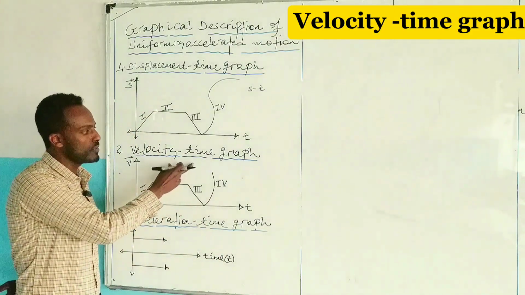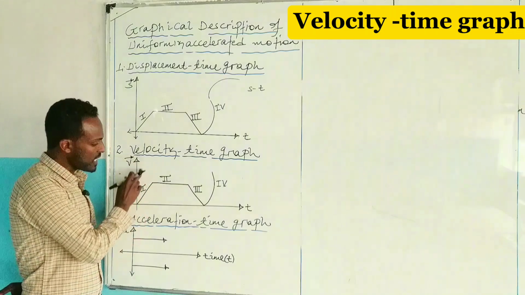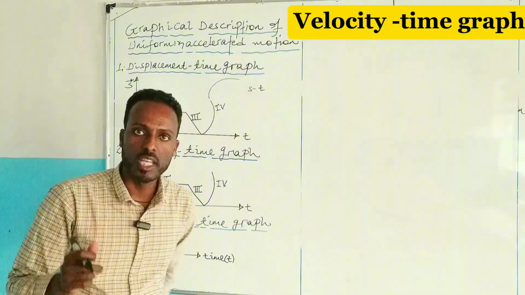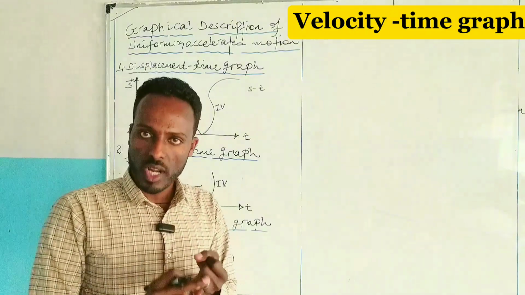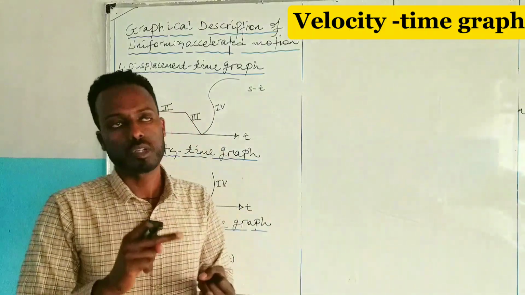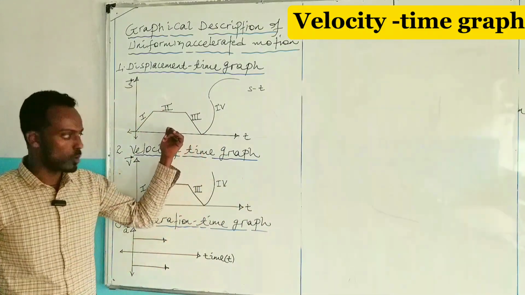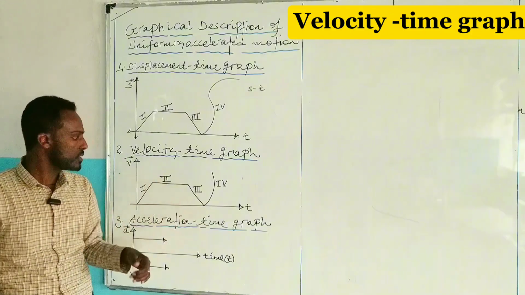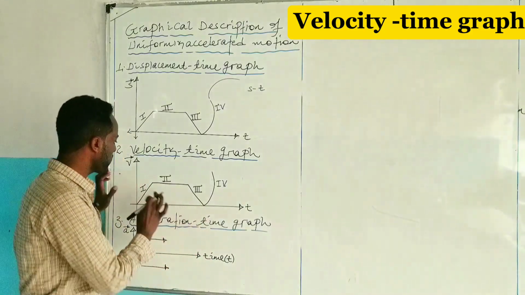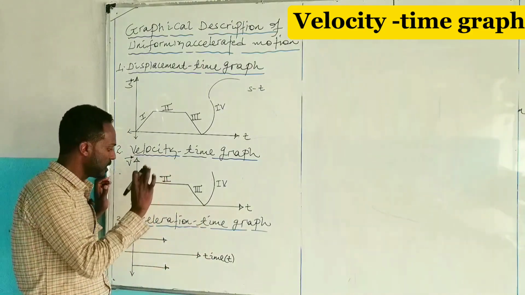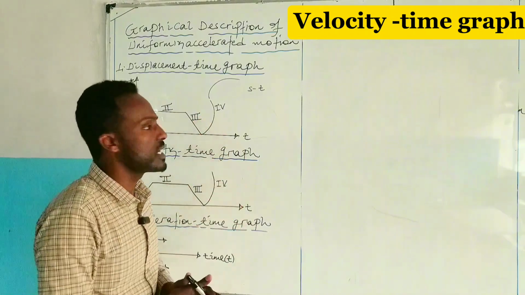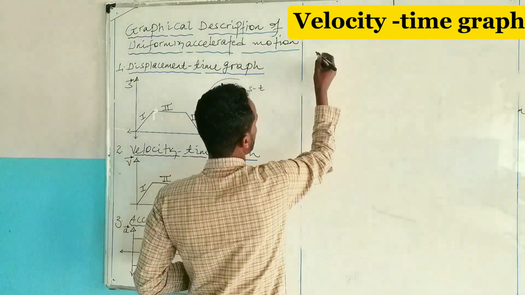In the case of VT graph or velocity time graph, the gradient or the slope of velocity time graph gives acceleration. You know, in the case of distance time graph, its gradient is what? Speed, right? In the case of displacement time graph, its gradient or slope is the same as velocity. So in the case of velocity time graph, its gradient or slope gives acceleration. ስለዚህ እያንዳንዱ ፓርት 1 ላይ፣ ፓርት 2 ላይ፣ ፓርት 3 ላይ፣ ፓርት 4 ላይ በቅድሙ በተመሳሳይ እናያለን። አሁንም አብራችሁን ቆዩ።